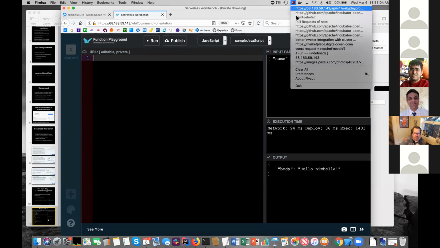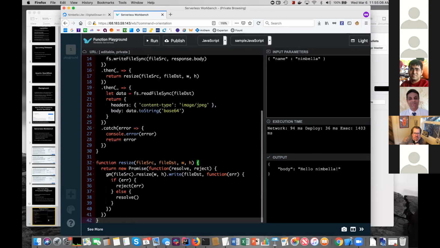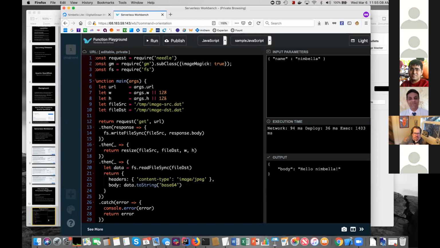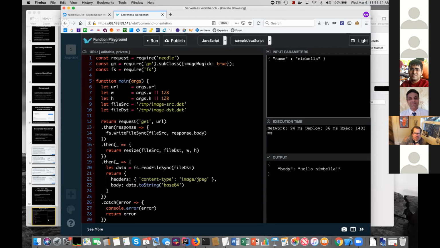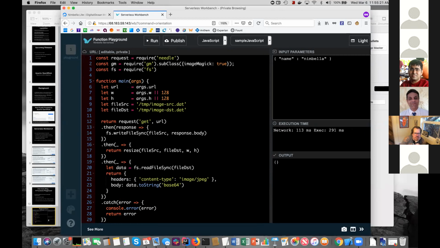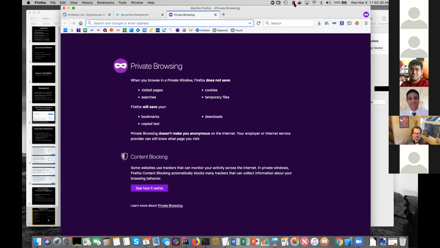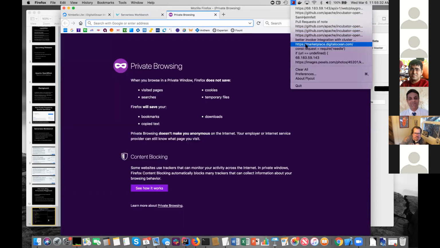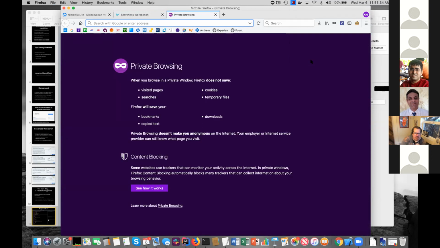So I'm going to paste some code in here, which I wrote earlier. So this does image reduction. This was an example that somebody asked for in our Slack channel some time ago, and I wrote the code. So I've cleaned it up a little bit here. And I can run this immediately after pasting it, and there it is. It needs a URL. So I'm going to use the image of a cat. Those are always popular. Where is it?